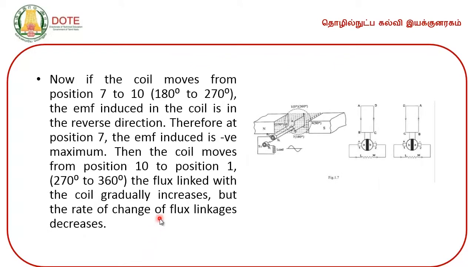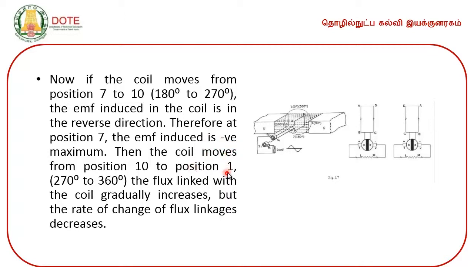So, this is the final position. Now, if the coil moves from position 7 to 10, that is 180 degrees to 270, then the EMF induced in the coil is in the reverse direction, that is the EMF will be on the negative part. So this is the 10th position, position number 10. Therefore, at position 10 the EMF induced is negative maximum, then the coil moves from position 10 to position 1,